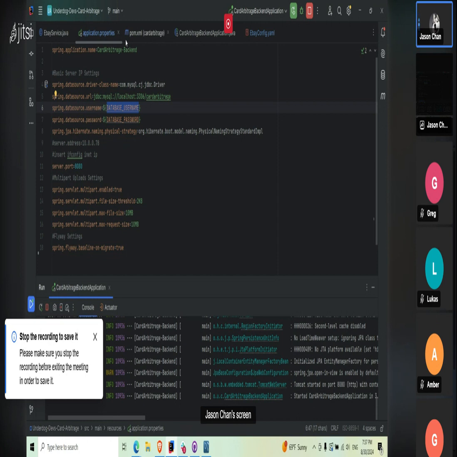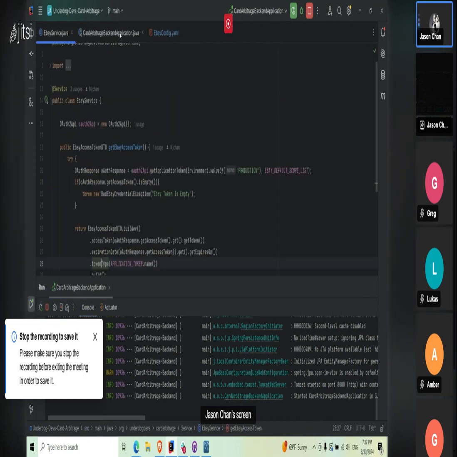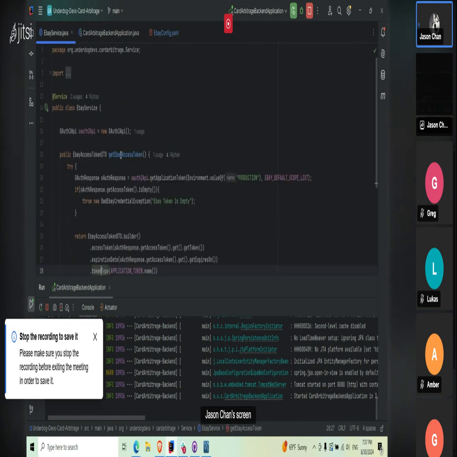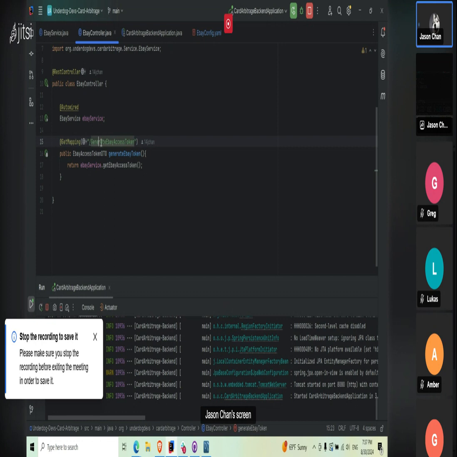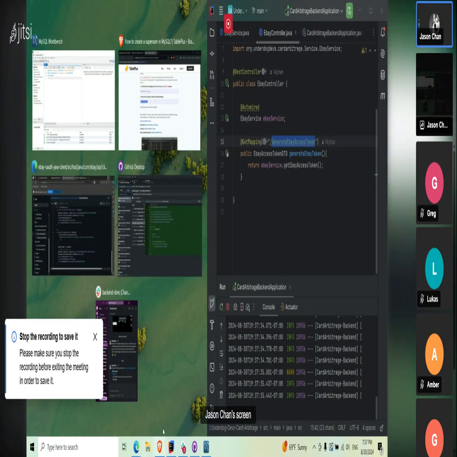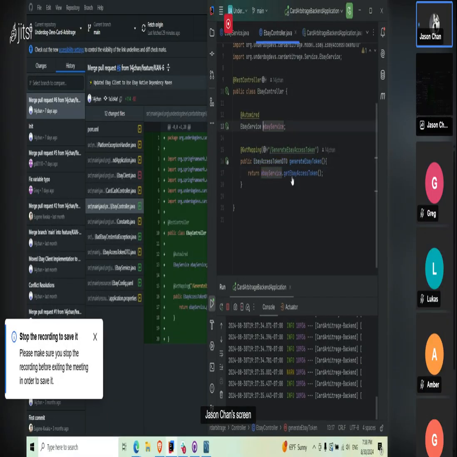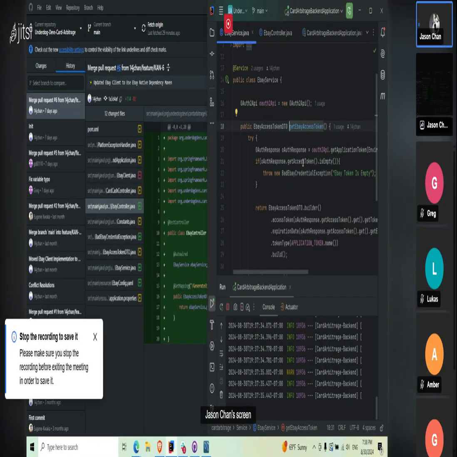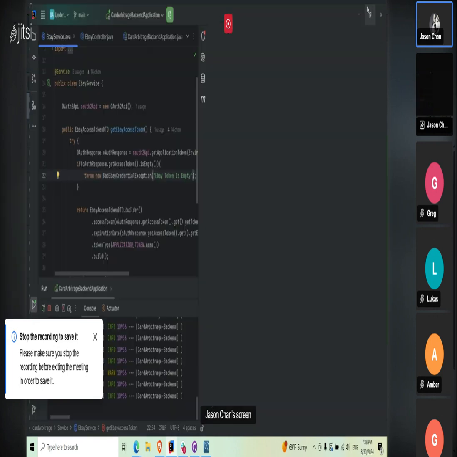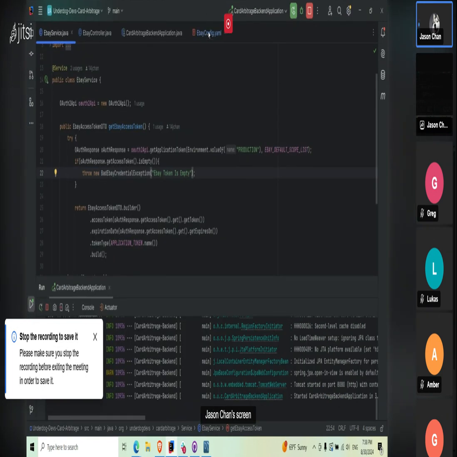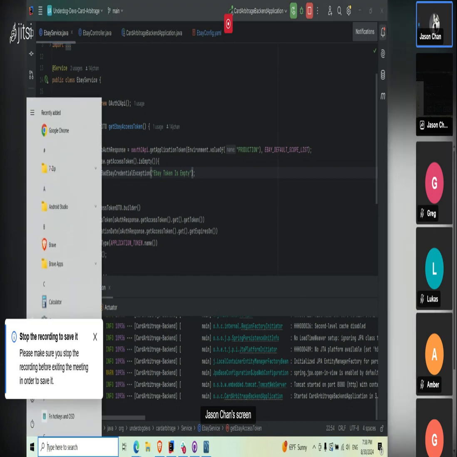And if you guys remember from our last meeting, we're going to turn this into a private endpoint later, so other people can't just access this endpoint all willy-nilly, because we don't want people just generating access tokens left and right, right? But for now, just for testing purposes, we have a get endpoint that generates the eBay access token. It goes into the service class, and it's supposed to, in theory, be able to use the credentials that we put in eBay config.yaml and go from there. So if I go to